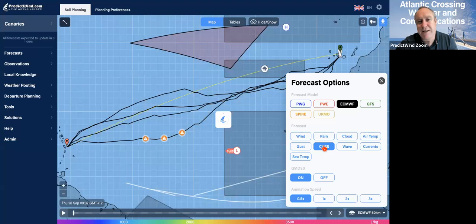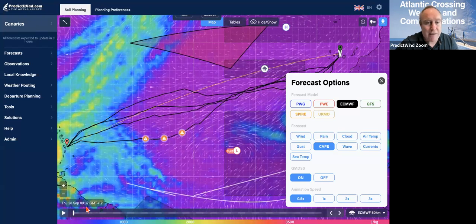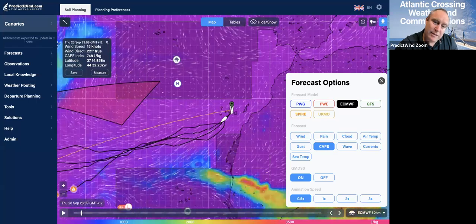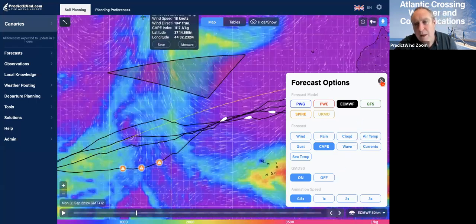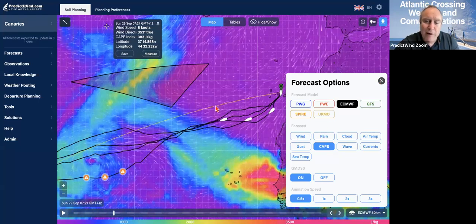And we could probably go and look at our different parameters to see what in the forecast is going to be generating these thunderstorms. Is it a front? What is it that's creating that? So yeah, you can see we actually have that front in front of us there. So yeah, we can look at all those different parameters, but what we really want